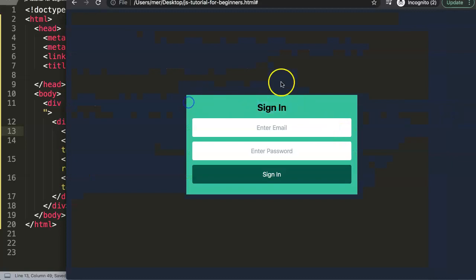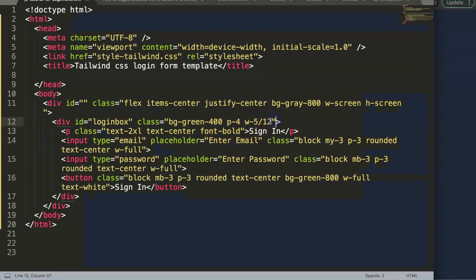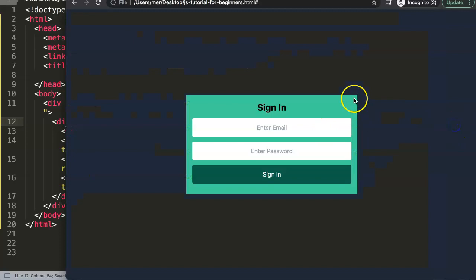Alright, that does work. Then we have this, and then here we're going to give it a border radius, or a rounded border, so I say rounded, to give these edges, make it a bit better. There we are. Alright, so we have this almost done. What we should have maybe here as well is